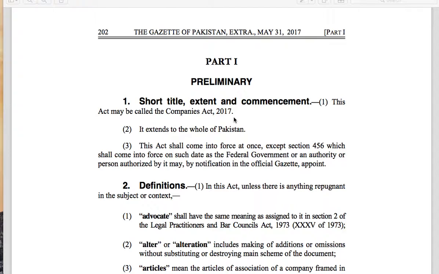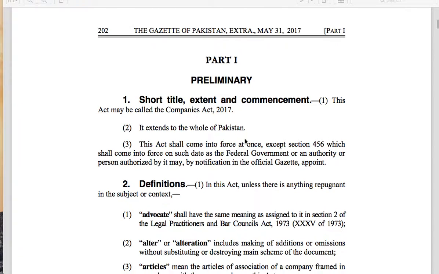And the second thing is that if you own a lot of personal assets, or if you want to protect your international business from your Pakistani business, then you should incorporate as a company, so that if any losses occur, they are limited to the paid up capital of your company in Pakistan. So these are the two reasons that you should use to incorporate a company. Now let's see that